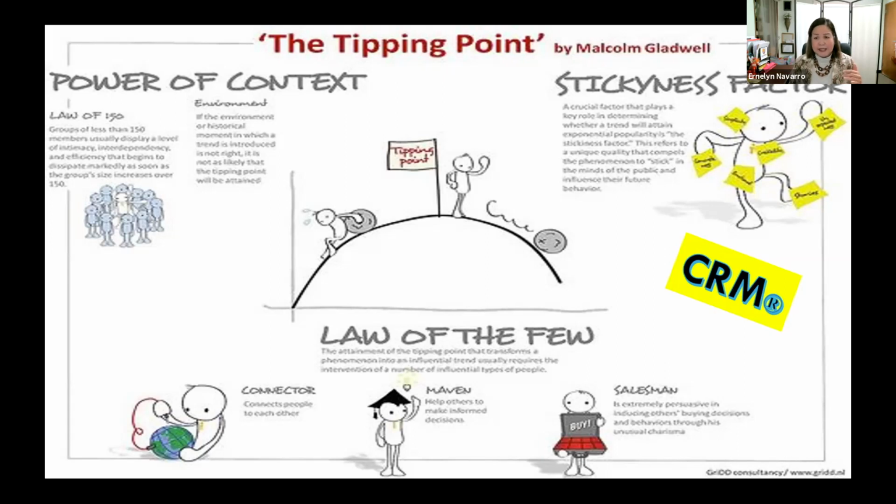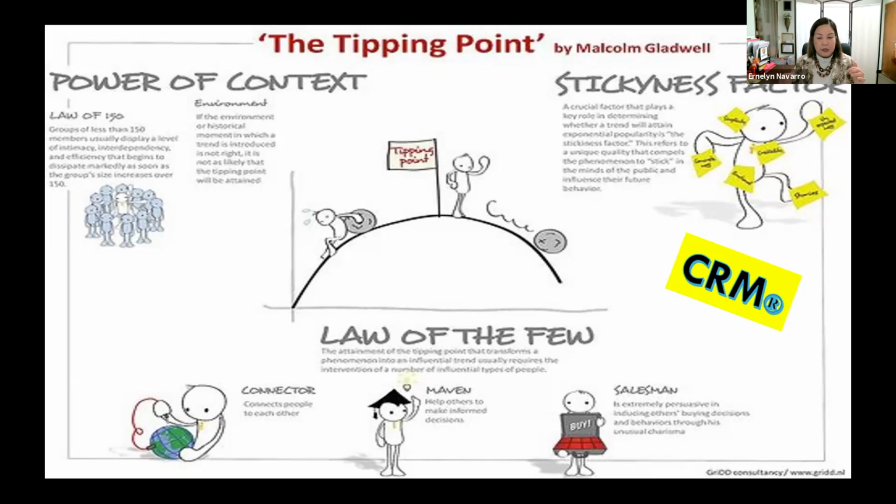So there's this whole idea of the stickiness factor. How do I package CRM, or Community Resiliency Model, so that people will remember it, buy into it and understand it? I think in this case Dr. Grabbe and Dr. Lawson already mentioned it's pretty simple. The way it's presented, it's simplified, so it's not therapy, although I am a licensed clinical social worker, which is why I was asked to help with our staff.